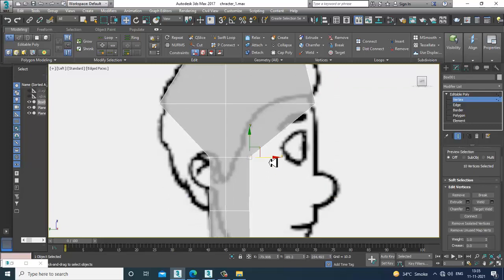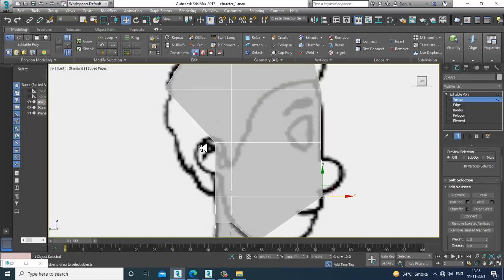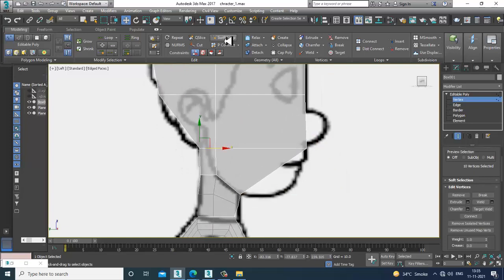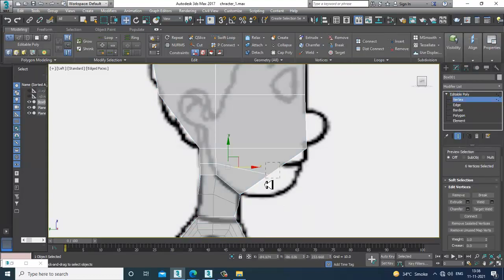So again, shift this. Let's save the file. So put one loop over here. Shuffle this down.